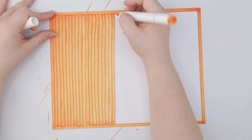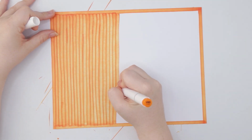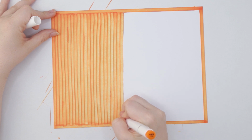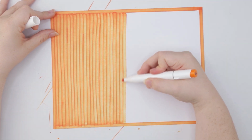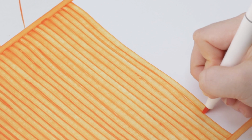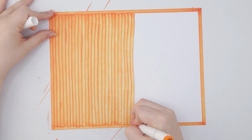Going back to the whole refill issue though, despite the Ohuhus not being refillable, they do run on the same color system as Touch Twin, I believe the markers are called, which is by Shinhan. And so basically Shinhan makes Shinhan ink that you can buy in order to refill your Ohuhu markers, and it'll be the same colors. And from what I understand, you can refill pretty much with any sort of alcohol marker